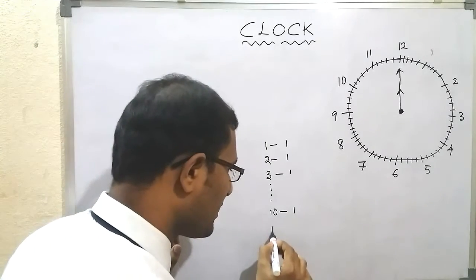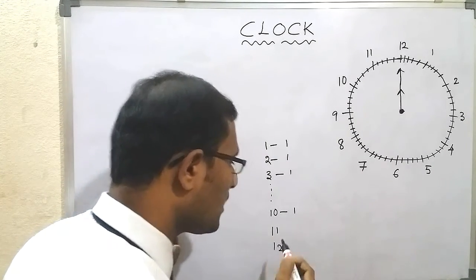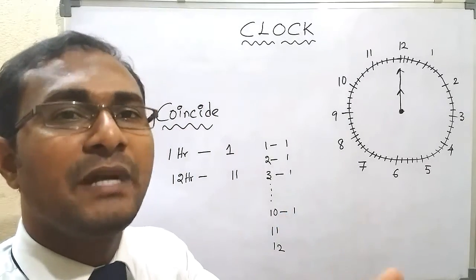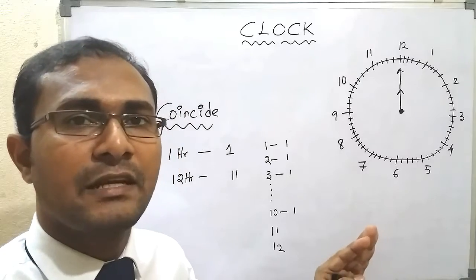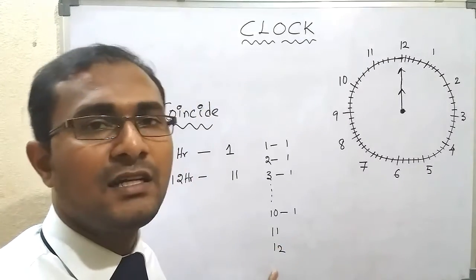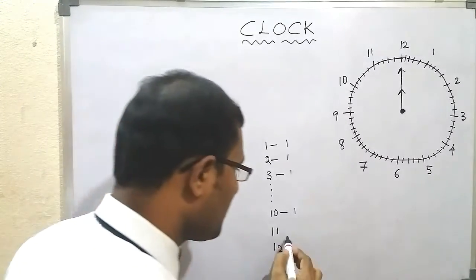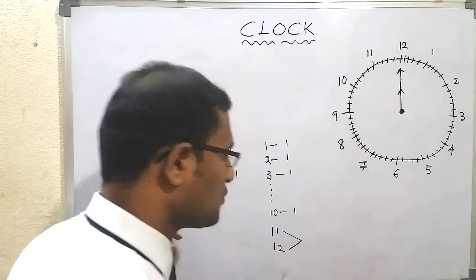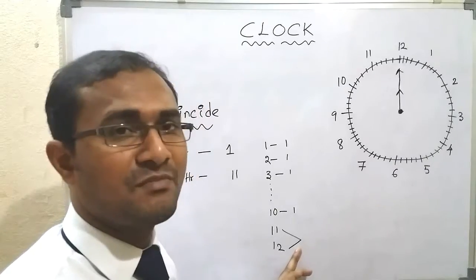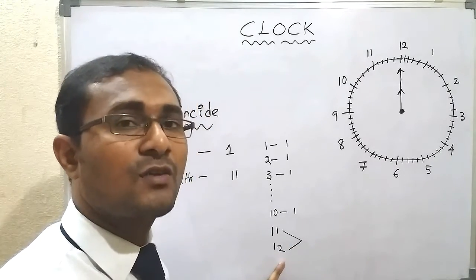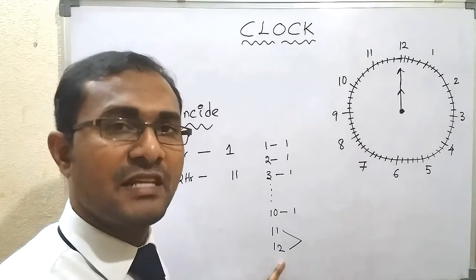But for 11 o'clock and 12 o'clock we don't have independent coincident conditions. There are no separate coincident conditions for 11 o'clock and 12 o'clock. But for these two, one common condition is there. That means for 11 o'clock and 12 o'clock only one time the coincident condition takes place